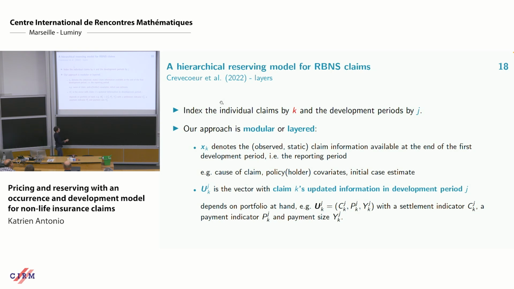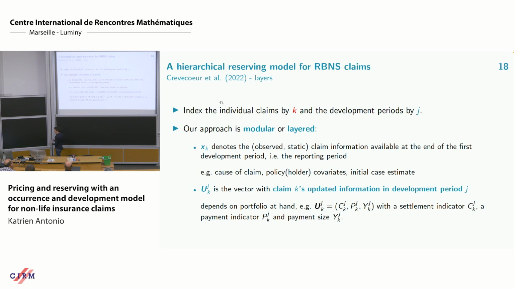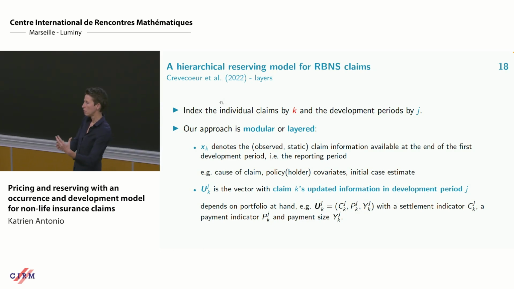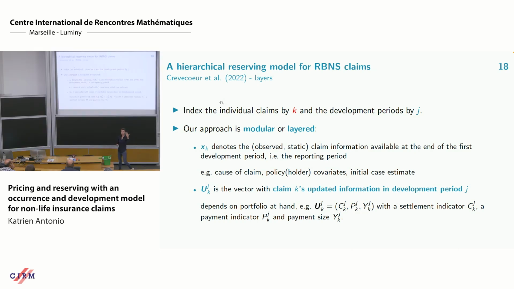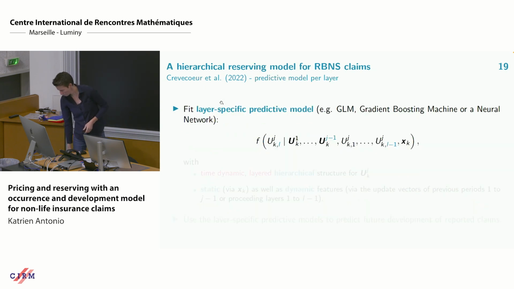And this is typically, I would say, what you're essentially interested in for a very traditional non-life insurance portfolio. But if you step to a reinsurance portfolio, there might be additional layers that you can be interested in. For instance, is there a change in the incurred amount? And if there is a change, which is non-trivial, how much is that incurred amount being adjusted by the claims handler? So the idea of that layered approach is that you can extend the relevant pieces of information in those update vectors that you're interested in monitoring.